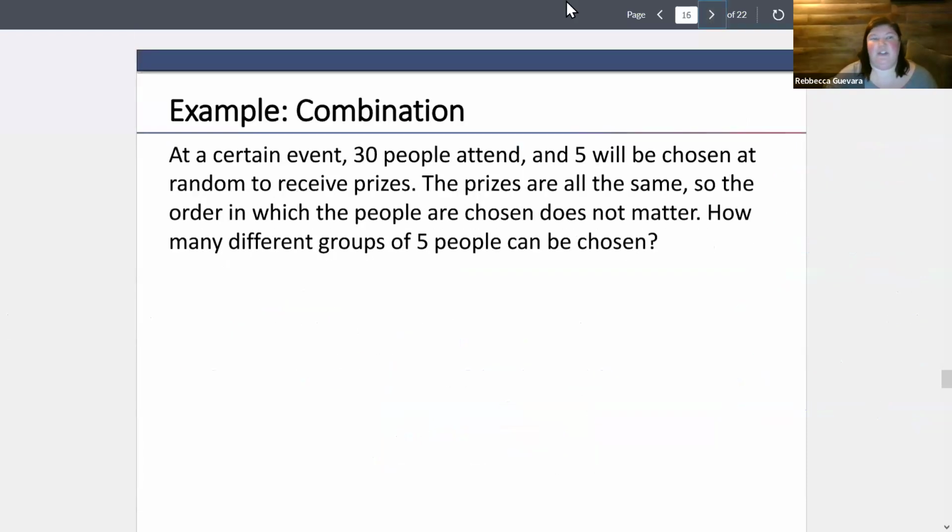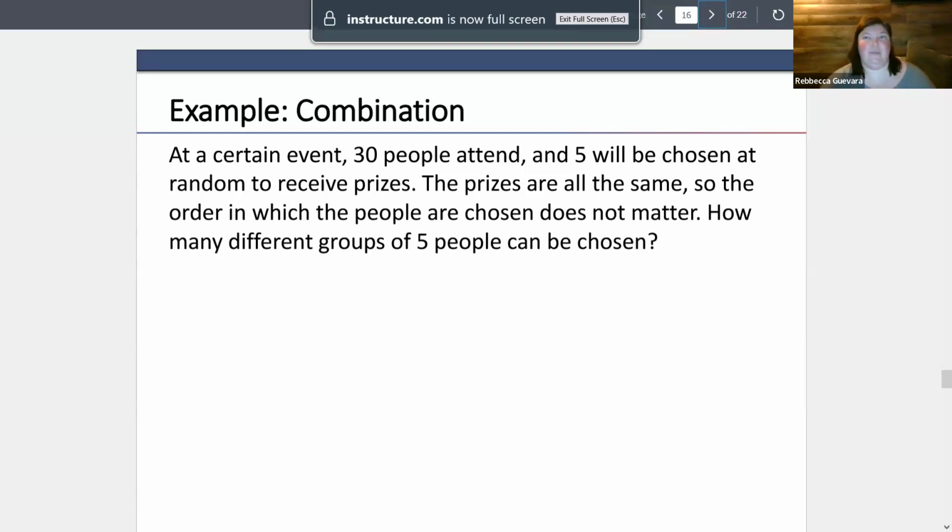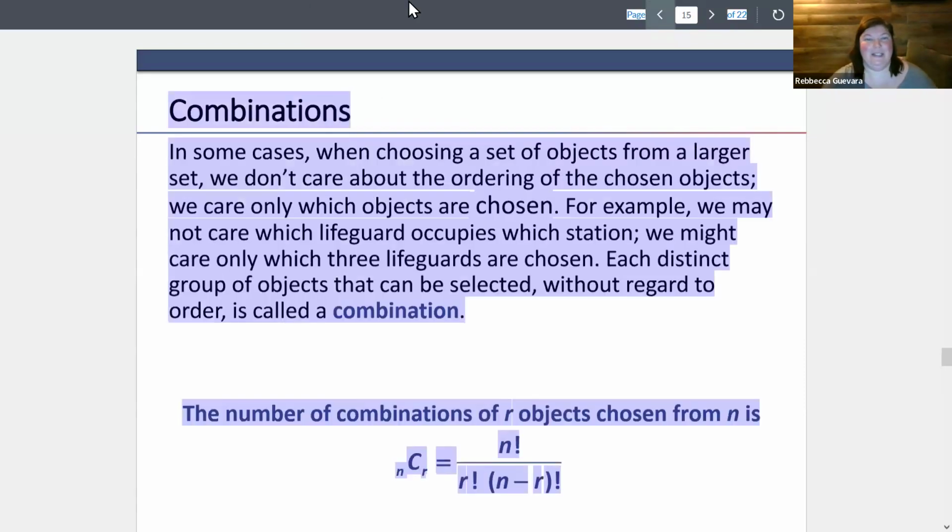So we're going to get slightly different numbers when we do this. If we go back to that lifeguard problem, if we do it as a combination, we had 12 lifeguards and we only choose 5 of them. And the permutation, we had 95,040. If we do this as a combination,